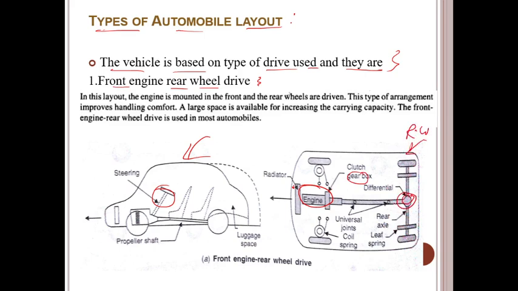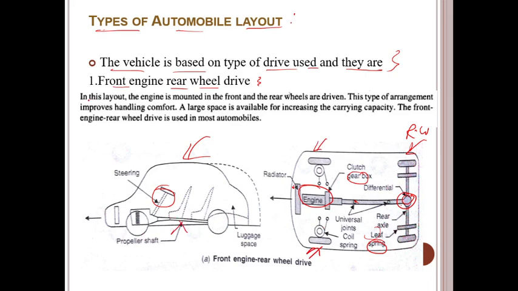This is the differential. This is the suspension. This is the leaf spring suspension. There are two universal joints to connect the propeller shafts. And this is the coil spring. Front vehicles. This is the propeller shaft, which transmits power from the gearbox to the rear